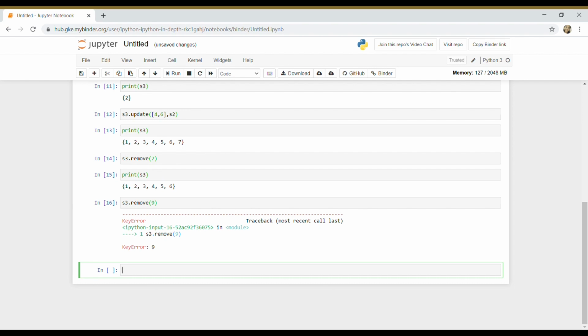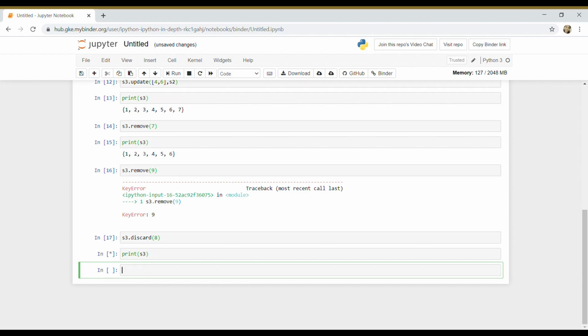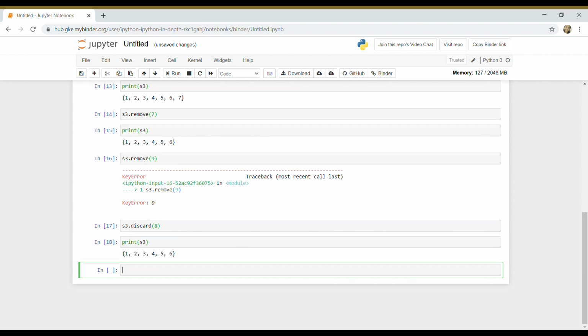But if we use discard for the same purpose, it does not give an error. We can print out the set with no values removed. Remember, both remove and discard take only one argument.